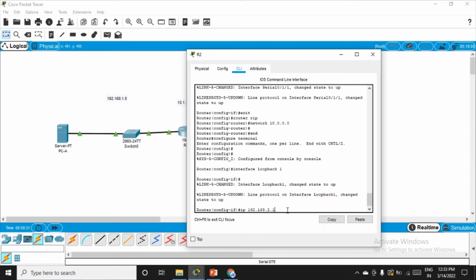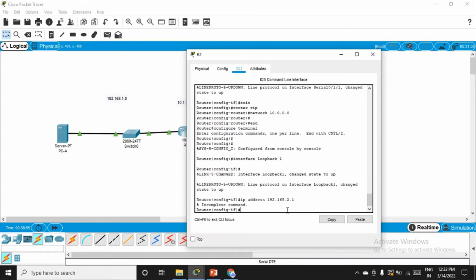So basically we are setting up one more network here in between, which is R2 connected to itself, which is considered as a loopback, and we are giving one of the interfaces the address as loopback address, like 192.168.2.1. So the command is something like this: IP address, enter. It's an incomplete command. We also have to give the